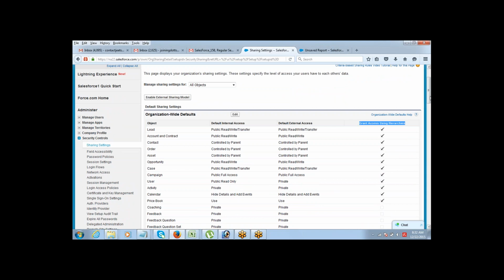So if I enforce role hierarchy and give access through role hierarchies, then my manager will have access to my data even if the data is private. If I do not give access through hierarchies, then if the data is private, that will remain with me.